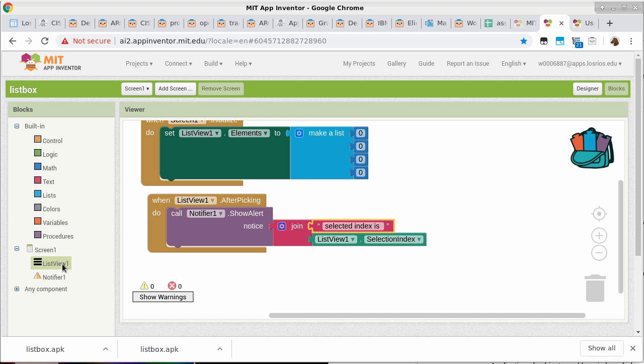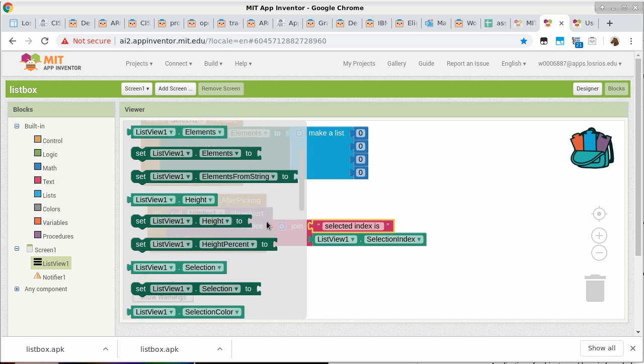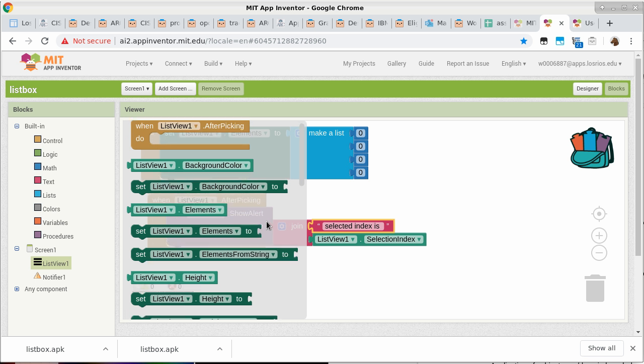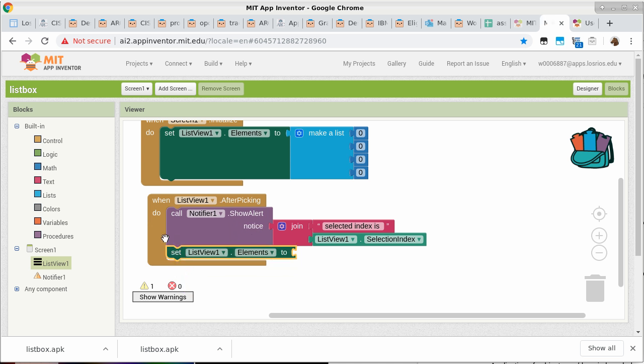So we'll go to list view 1, and it has, let's see here, go back up a little bit. So it has elements. You can get the elements back, and you can set element. So what we'll do is we're gonna click on this block here, because eventually, this is the kind of bad thing about App Inventor. The way we specify the blocks, as far as connecting it to the existing blocks is concerned, is backwards. You start with the last operation and then move backwards to the first operation that you